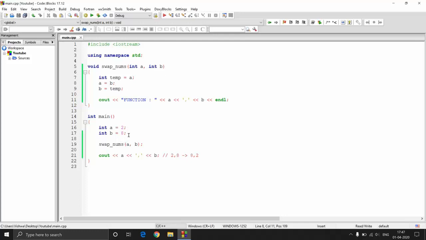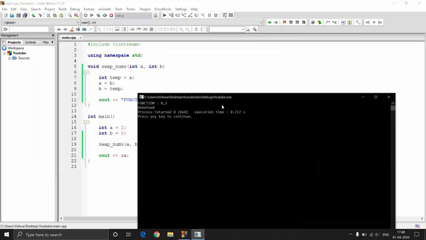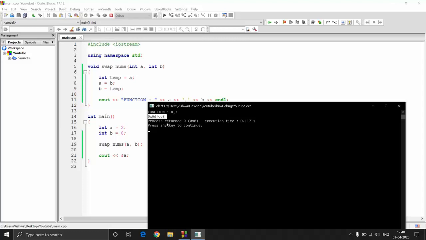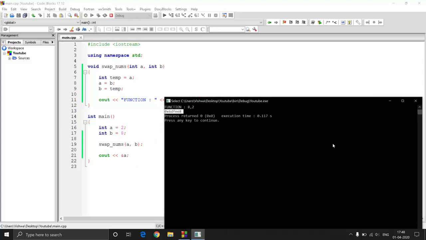So to actually access the address of a location, we need to understand a particular operator called the address operator, or the reference operator, or the ampersand operator. They are called in different ways. You just need to put an ampersand over here to access the address of a particular variable. So now if I execute it, you will be seeing the address of that particular variable. Here you can see 0xcd, whatever it is, that is the hexadecimal address of this particular variable, that is a.